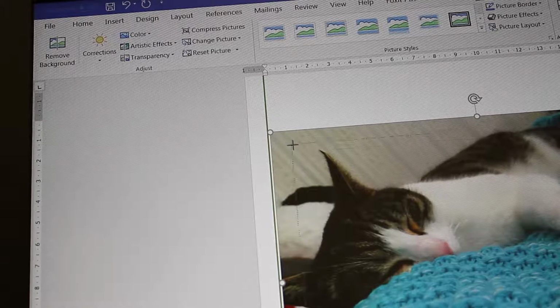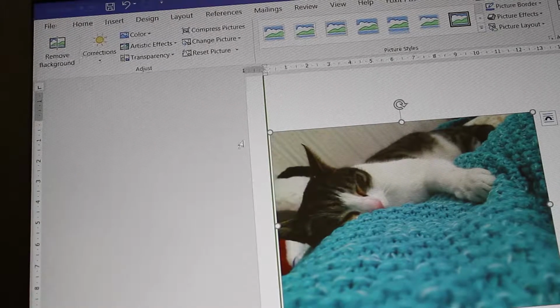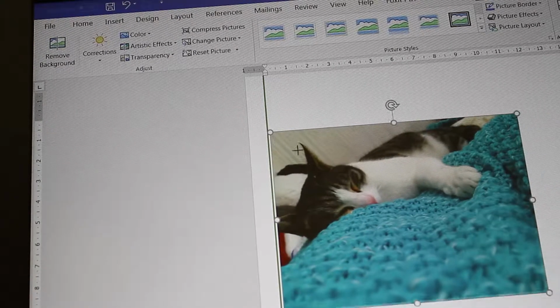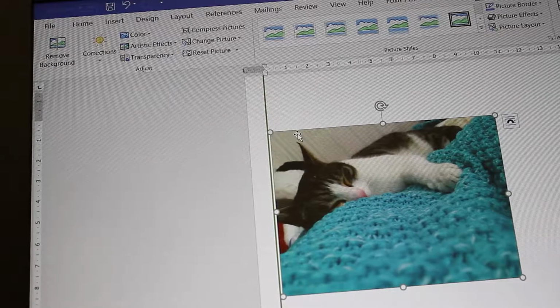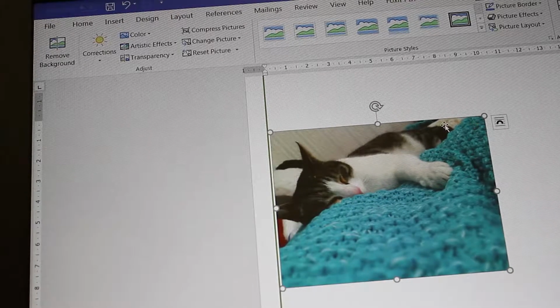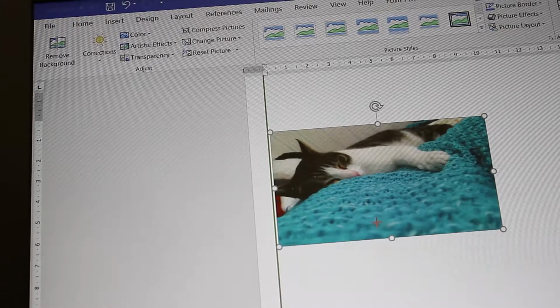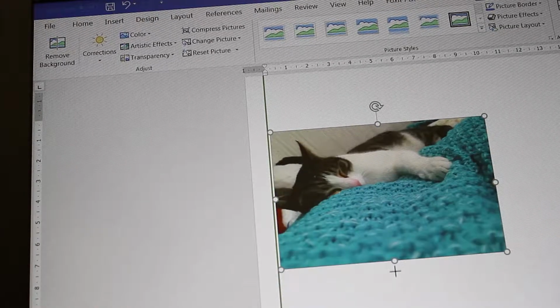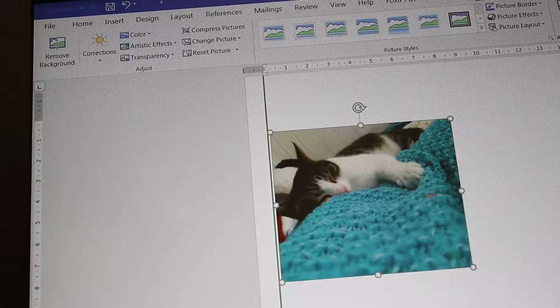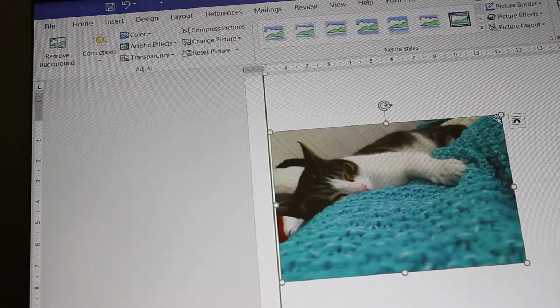Okay, and then from here we can change the size of the picture, just by clicking on the little boxes here, the little dots on the edge of the box. Now what I recommend doing is, if you're changing the size of your picture, drag from the corners, because you can see it's still keeping its shape. Whereas if I dragged from the bottom here, it changes the shape and it makes the cat look quite squat or stretched. So always change the size